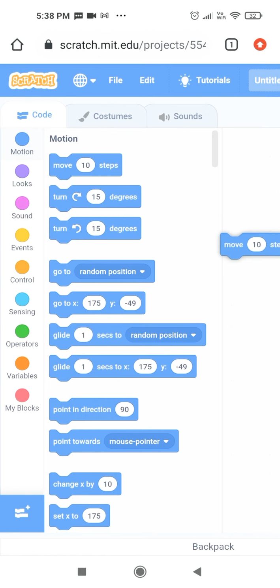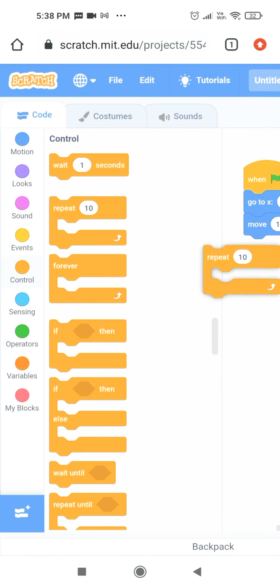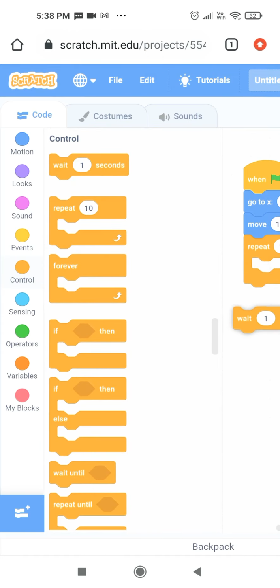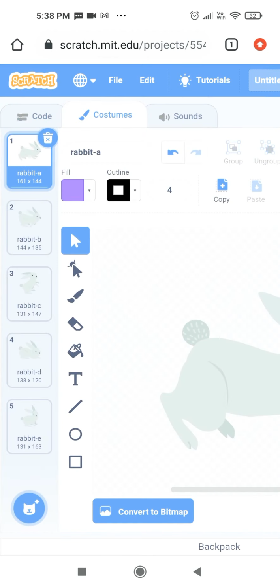We have to go to motions, bring the move 10 steps and go to x and y value. When flag is clicked, controls, repeat 10 times, wait for 1 second. We are going to do the same coding which we did for the cat. Next costume. And here there are more costumes for the rabbit.